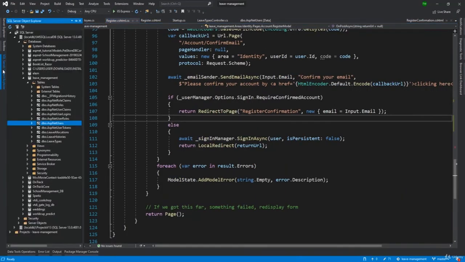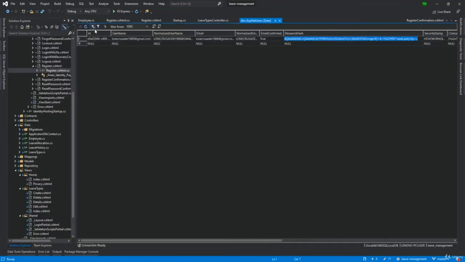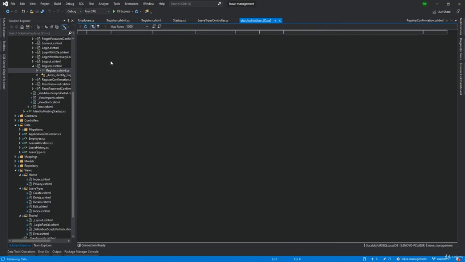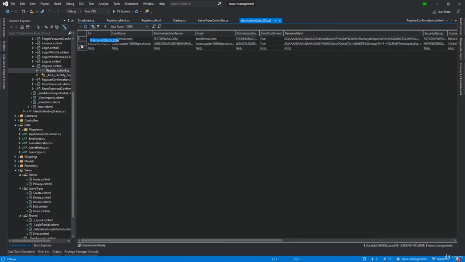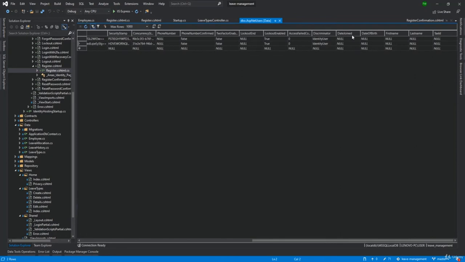And then we're going to look at the database, and I'm just going to right click the table and say view data. And then we'll see that I had it open already. So if you already have it open, you can just click this refresh button up here, and then it will rerun that select query and redisplay the data that is there. And we see here now that we have two users. We have test that we just created, and we have Lone Crusader. And notice that we still have no first name or last name